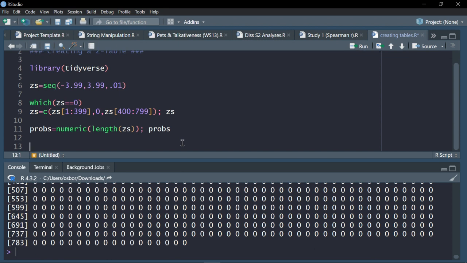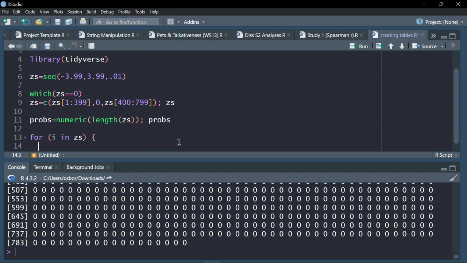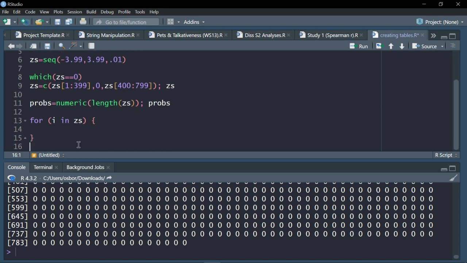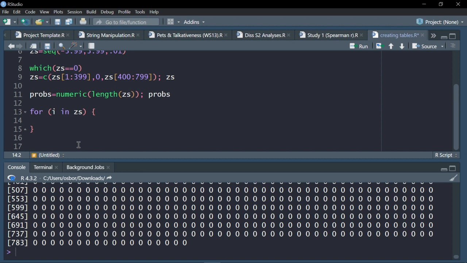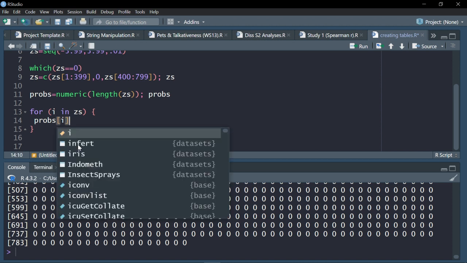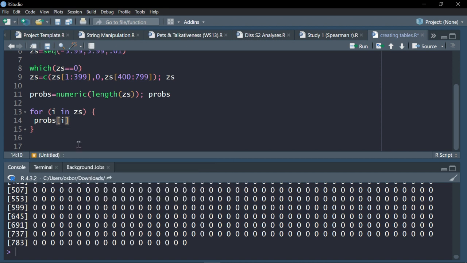I'll do this with a for loop, not the only way, but it's one way. So for each item in zs, we're going to... I'll go ahead and break this into multiple lines. This is how you'll commonly see for loops expressed. It doesn't have to be this way, but this is popular, so I'll do this. I'll say for a given item in this vector I made called probs, it is equal to pnorm for